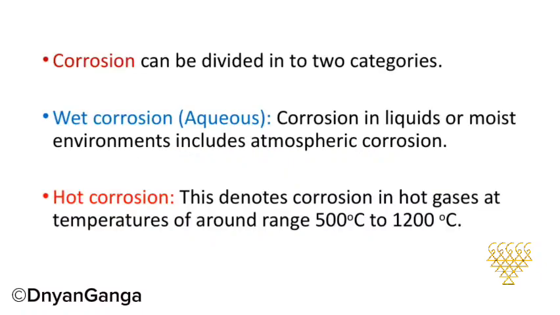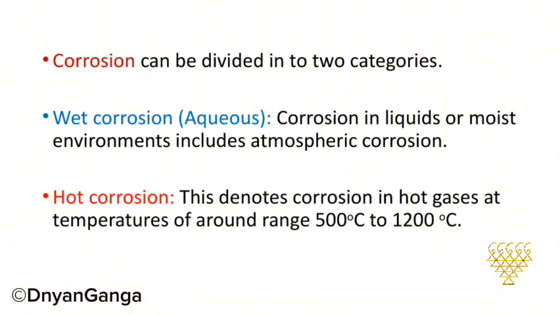Corrosion can be broadly categorized into two main types, and understanding these categories is key to managing and preventing damage. The first type is wet corrosion, which is also known as aqueous corrosion. This occurs in environments where liquids or moisture are present, such as in humid atmospheres or directly in liquids. Atmospheric corrosion, a common example, happens when metals are exposed to air and moisture over time, leading to rust and